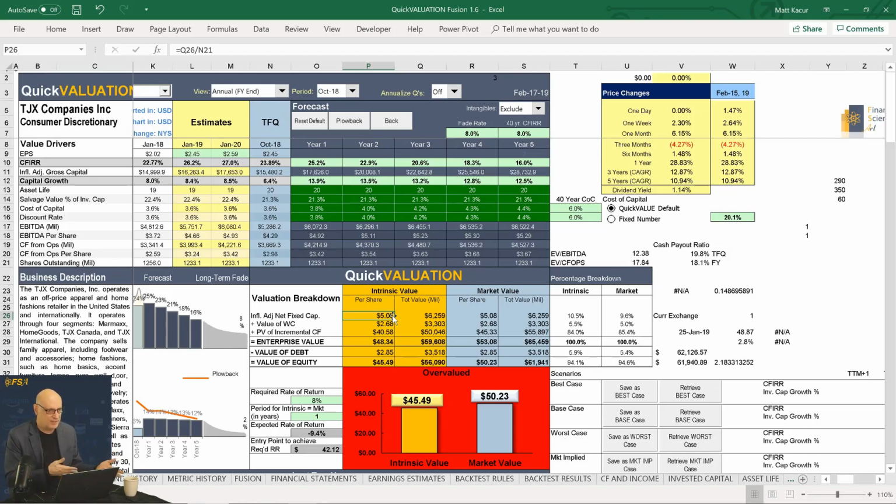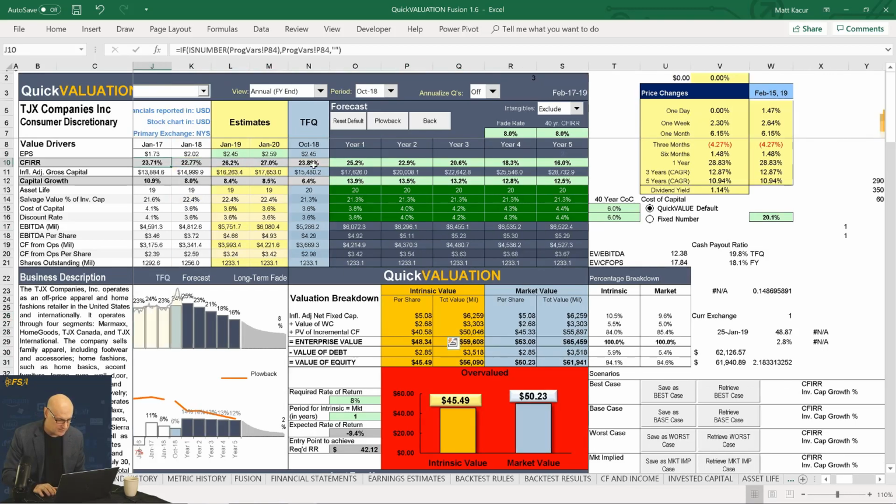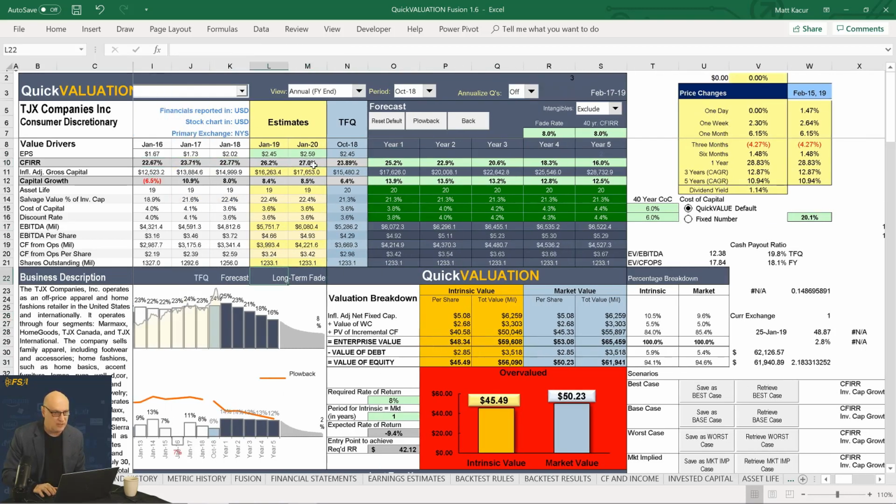As long as the accounting is done properly, there's no reason to doubt it. And same with the debt. So the really only difficult one is trying to get the present value of incremental cash flow. When I say incremental, that's over and above the cost of capital. So as you see in our one forecast here, we brought down the return to 16%. We just go back to the default,